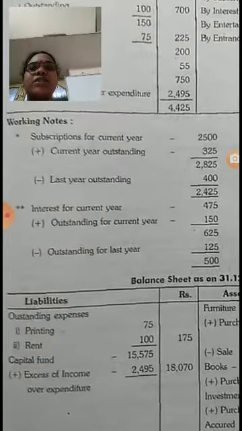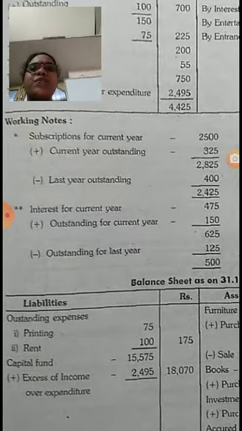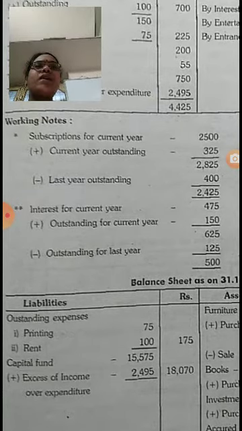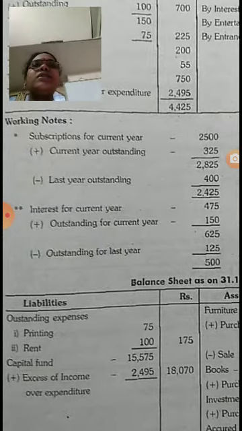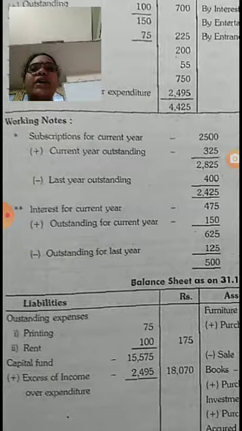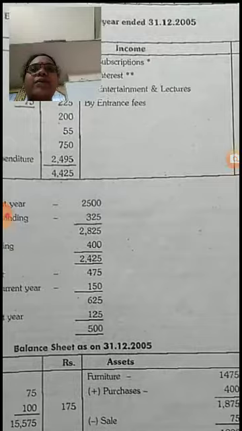So for subscriptions we have the adjustment. Subscriptions for the current year 2500. This 2500 is given in the adjustment. That is, add current year outstanding. So this 325 is given in the adjustment, means 2825, minus outstanding, means last year subscriptions 400. 2825 minus 400, that is 2425. Here 2425